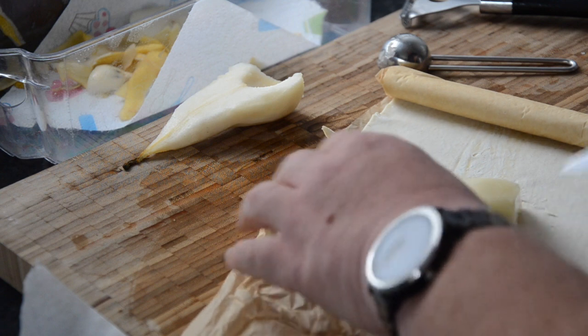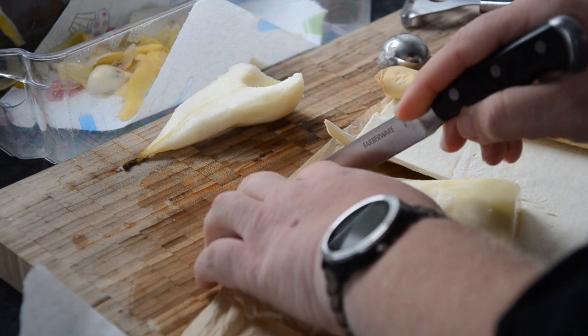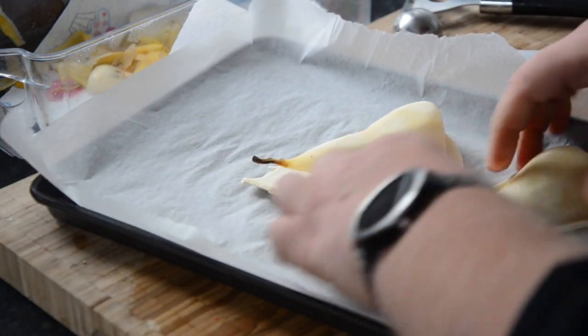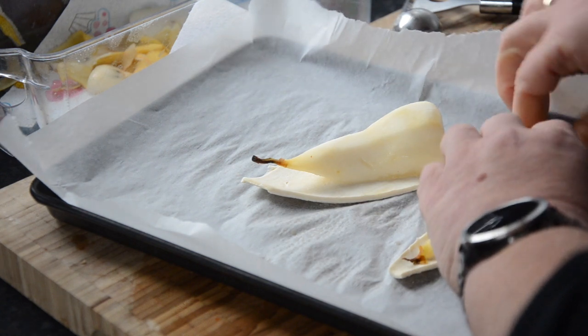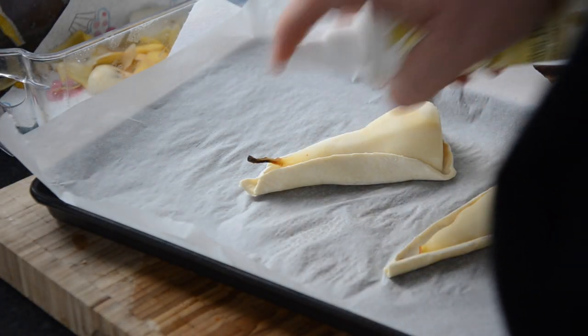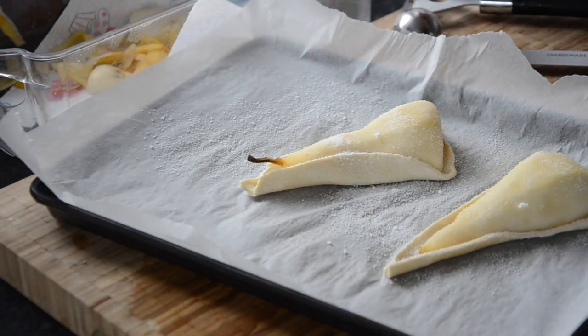Next, I'm taking some prepared puff pastry sheets. I'm using a light one here, and I'm just trimming around the pear to make a little parcel. Spray of buttery 1 cal, a sprinkle of sweetener,